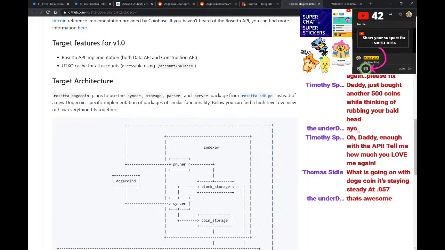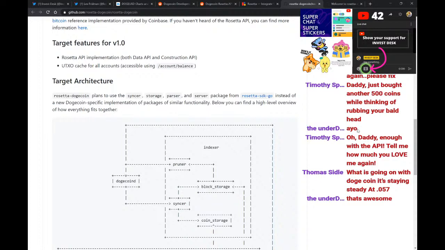Yeah, it's massively consolidating. Price is moving sideways, and because of these implementations, because of this news, we are definitely going to see a big spike. That's again my own humble opinion, so don't hold me to it, but that's what I see. Things are consolidating, and once all of this opens up, the price is going to go up. Just with this Rosetta API development and implementation, whether it takes days, weeks, or whatever it is,